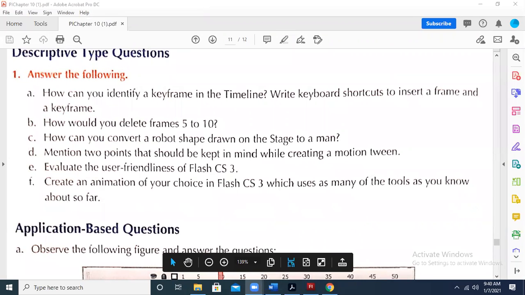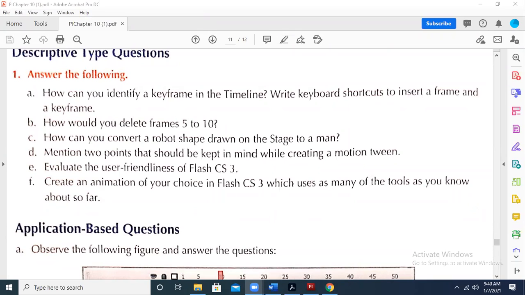Yes, Iman. Sir, are the steps going to come in the final exams? No, steps questions will not be there. In your syllabus, it is already mentioned that for steps you must have a computer in front of you, because no one can describe these steps, that is, how you will create the twin motion, without the computer. But if you have a computer system in front of you, then you will be able to explain. So steps will be there in the practical. Steps are not going to come in the